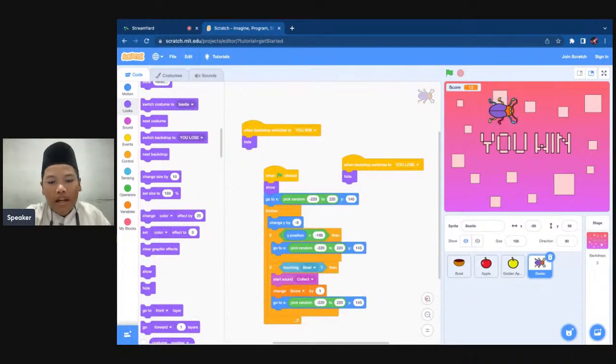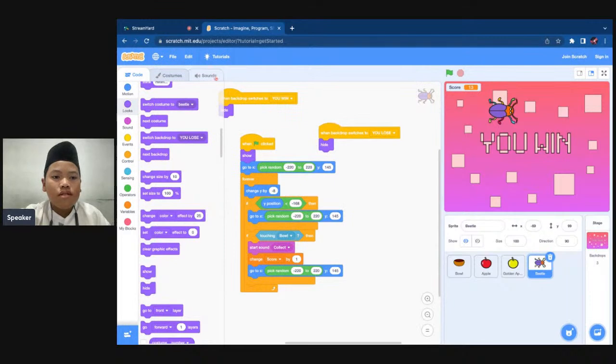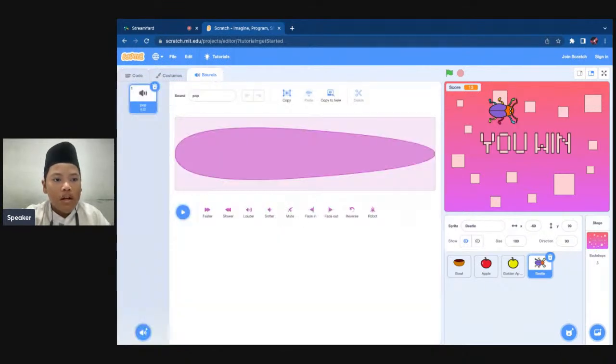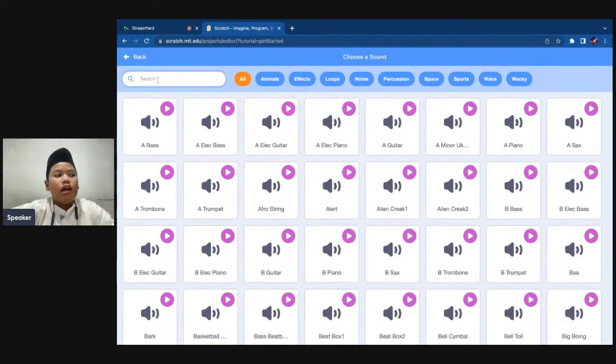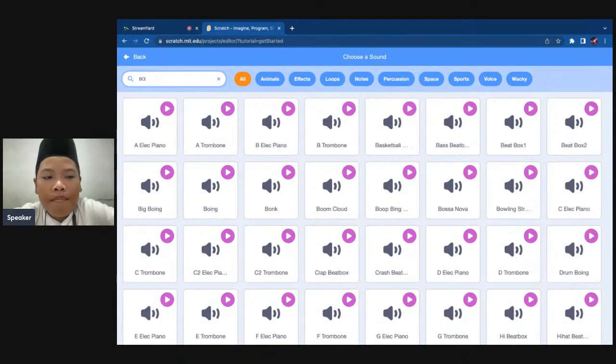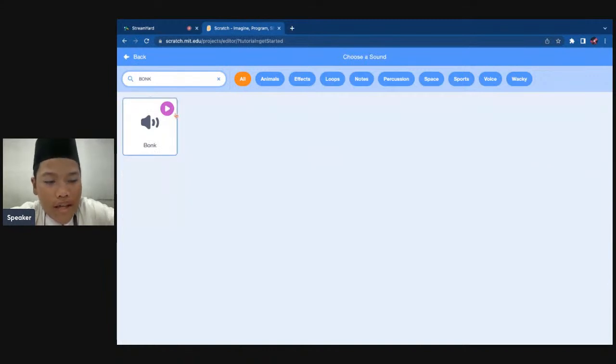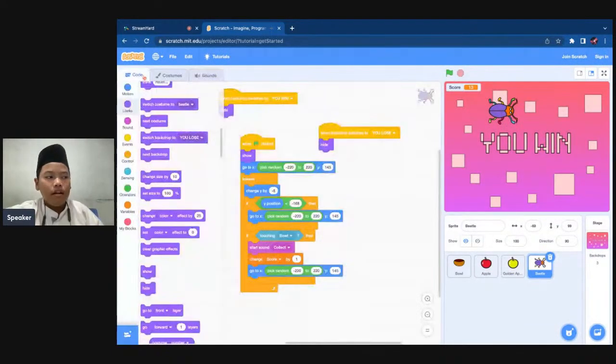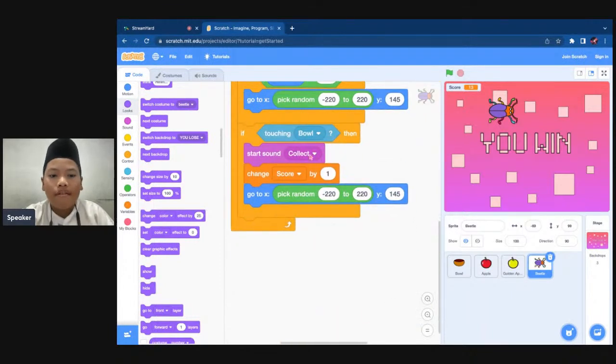Now, in the beetle sprite, go to sounds and choose a sound. And search bonk, B-O-N-K. This sound. Click on the sound and then go to code. And then this start sound collect block down here in the beetle sprite, change it into bonk.